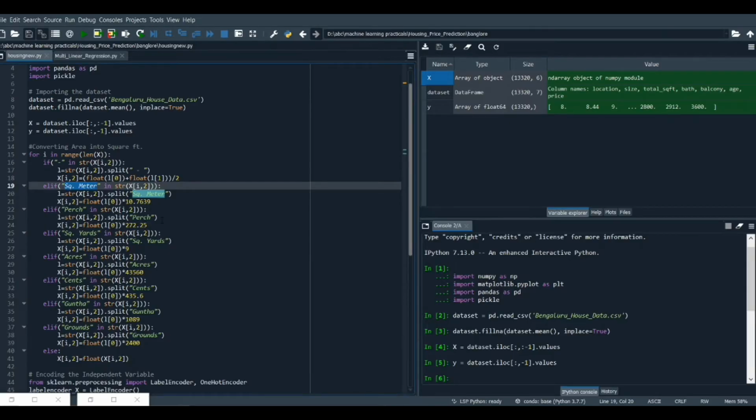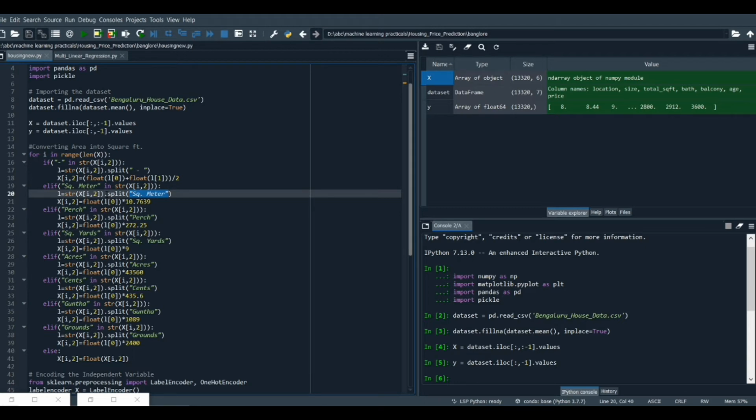So what we are going to do is the same process. We are going to check whether square meter is available in that specified value of that row, that is x of i comma 2. If square meter is available, we are going to split the value by that specific string unit, square meter. So it's going to split and return a list with only one value, that is the part before the square meter.